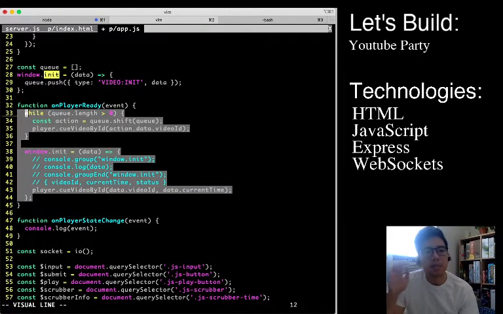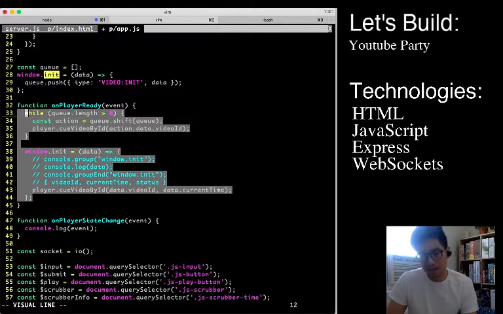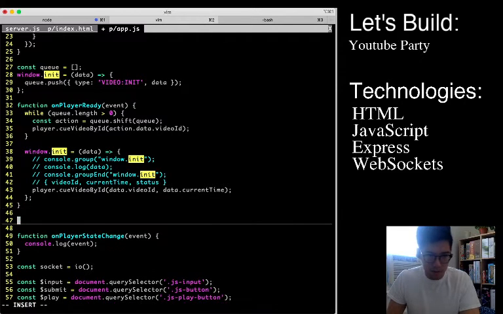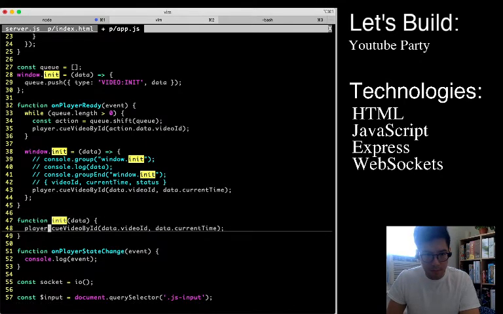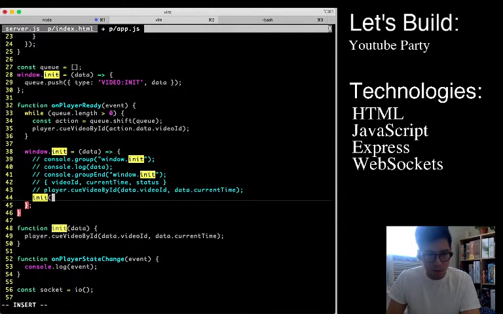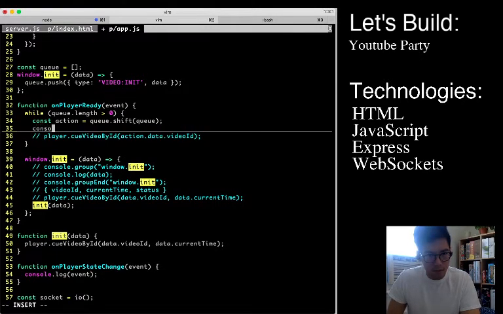Yeah, this code is a little more complicated. It handles when the YouTube script loads before our init event comes from our server, and also the other way around. There's a little bit of indirection. I think if we do something like this, and this,